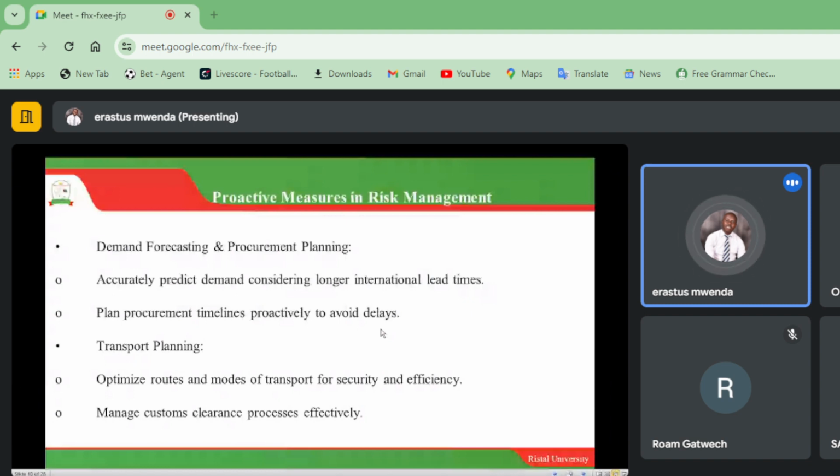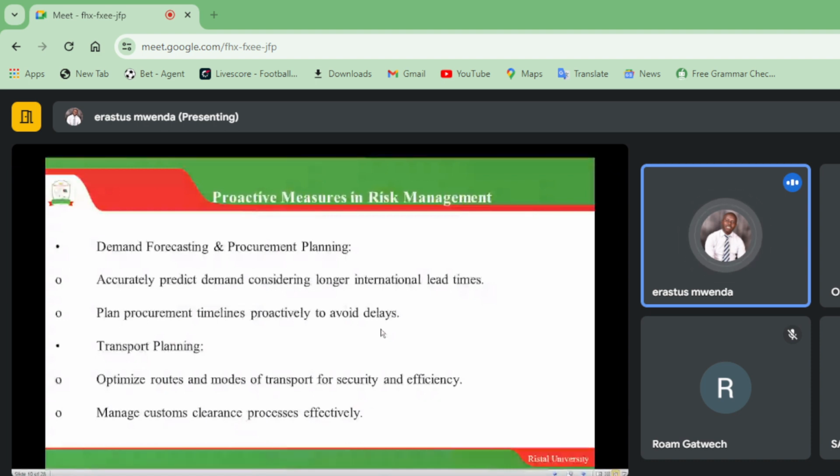When you're talking about procurement timelines, we need to know, when I order this car from Japan, how long is it going to take me to receive it? Otherwise, anxiety is going to finish us, thinking that we were duped, but we did not research procurement timelines. Get to understand how long it is going to take before a particular item lands